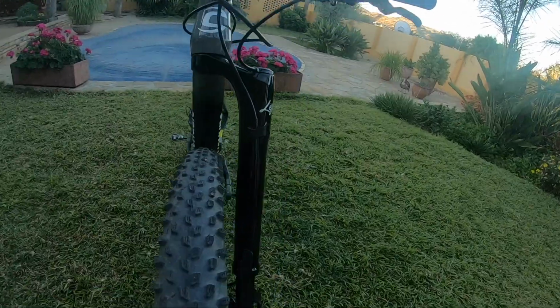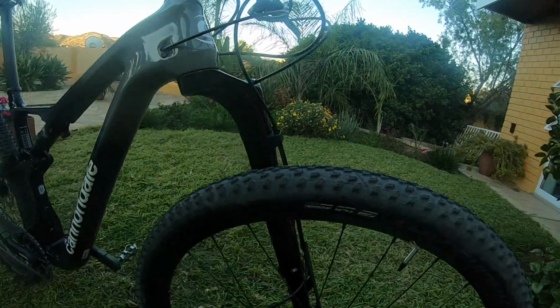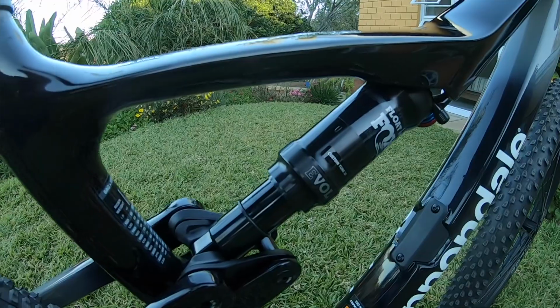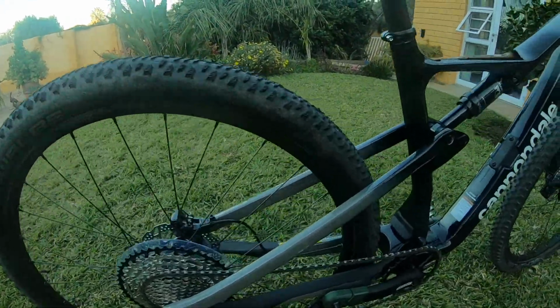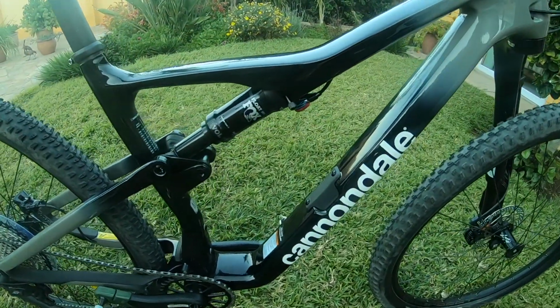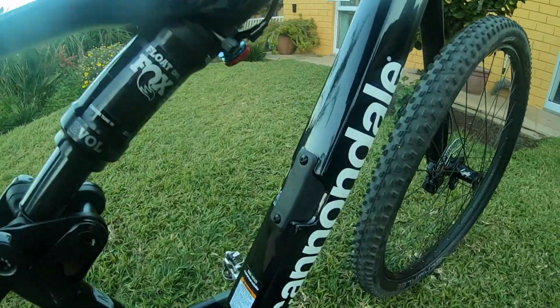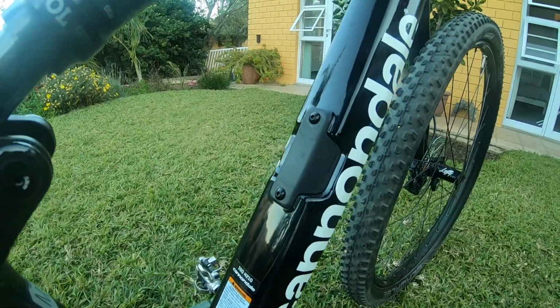Then we've got the Lefty Ocho up front, which is obviously iconic to Cannondale, and if you've ever ridden a Lefty, you know that it is an absolute beaut when it comes to trails. We've got the Fox Float at the back, also really good damping suspension. We've got Cannondale crank arms, two bottle cages, which is also really valuable when you're doing the longer distance racing. The new frame also comes with a cool place to store your tools, multi-tool, as well as your CO2